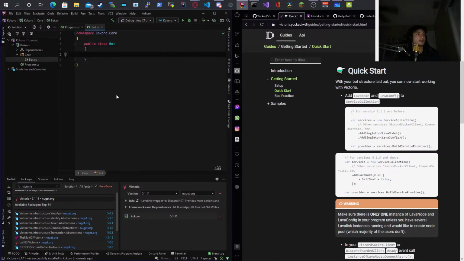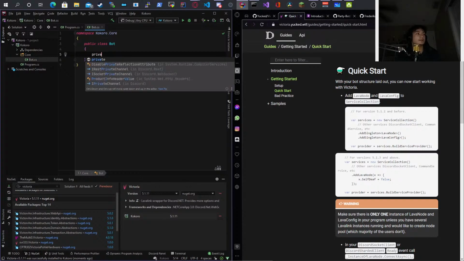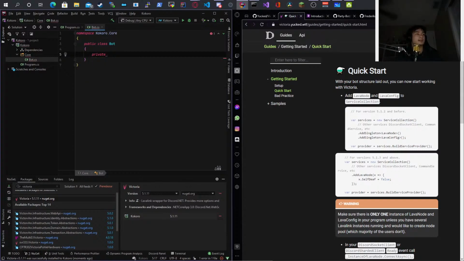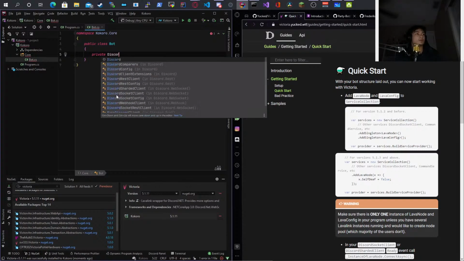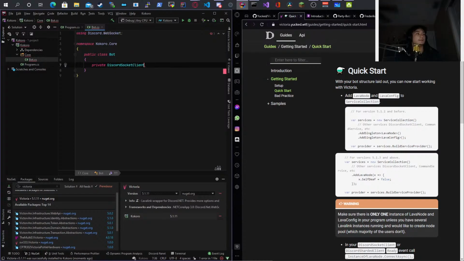I'm trying to think here. I need a private Discord socket client, and I'm going to have this be called client. Actually, do I want to get inside here? I don't really need to because I'm going to have a service manager, so no, I don't need it.